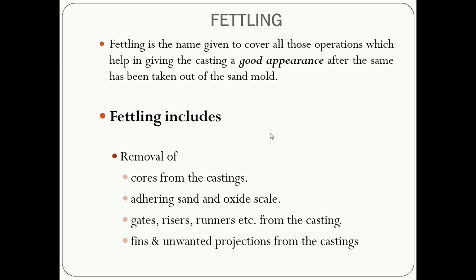Now we have seen that the sand casting process is an expendable casting process. Expendable casting process means what? The mold cavity is designed for a single use. It is not a permanent mold, but in case of permanent mold casting process or pressure die casting process, the mold is made up of metal. It is used many times before it is discarded. That's why it is called a non-expendable casting process. And sand casting, shell molding, investment casting, CO2 molding, all these are expendable casting processes.